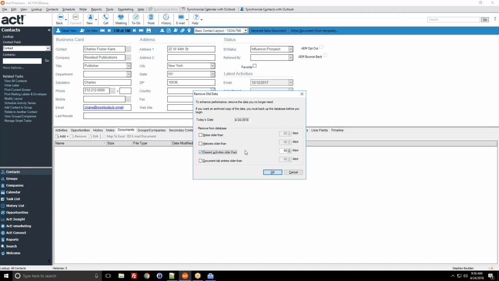Cleared activities is a good one to remove at times, because when you clear an activity off of your ACT calendar, it doesn't get erased. It still has the activity within there, but when you clear the activity, you're usually getting a history record. And the history record is more where you will see your logbook of interactions with a contact. So if you just have a whole bunch of crossed off cleared activities in your database and you just want to get rid of everything, certainly more than 60 days old, but you don't really need to see what your calendar was like 3 years ago, then you can go ahead and put,